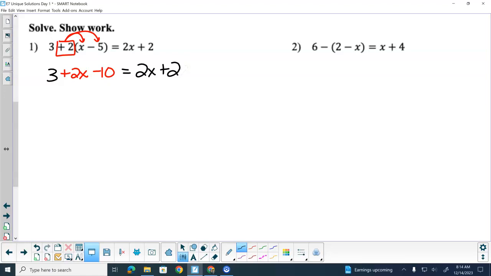Step number 2 says we need to clear any fractions. Brock, do we have any fractions that we need to clear? No, so step 2 is done. Not always are we going to have to do step number 2. Right? Not always, likewise, not always are we going to have a parentheses that we're going to need to clear up. Step number 3,